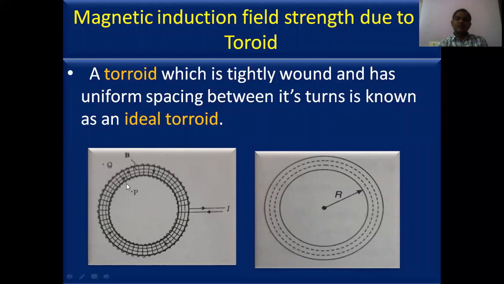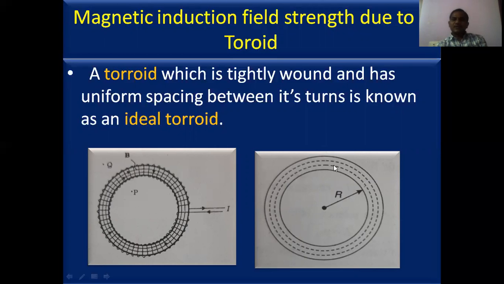Point P is inside the space of the toroid. Q is the external point outside of the toroid. And also consider one more point inside the toroid. So here P is like this. The toroid is in circular form. In that interior empty space, P is the point, and Q is outside of the toroid. Inside the toroid, we are considering some more point, that is S. There we have to find the magnetic induction field strength using the Ampere circuital law. Here I want to explain